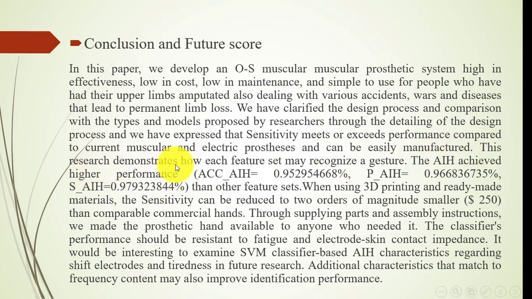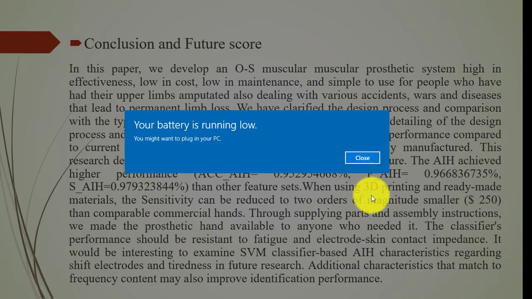This research demonstrated the recognition of our system, and the sensitivity of our system is 97.93 percent. This is our result, while using the 3D printer, also using a ready-made 3D printer for the material, with two orders of magnitude of assembly similarity, and also assembly